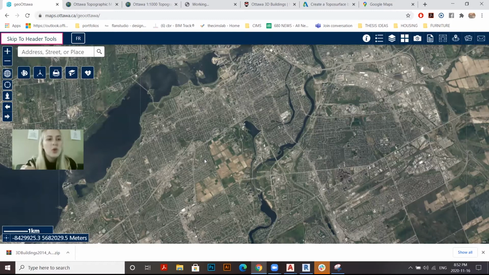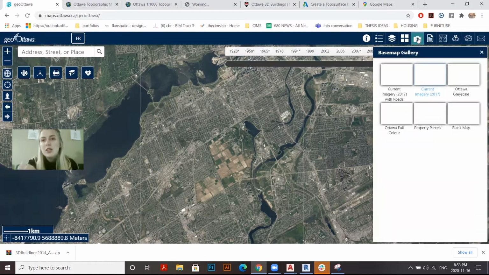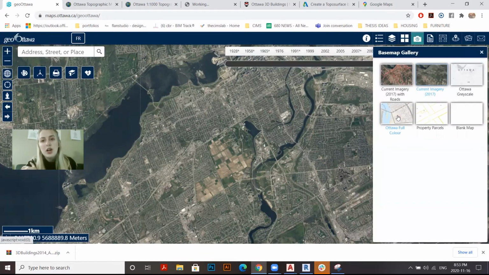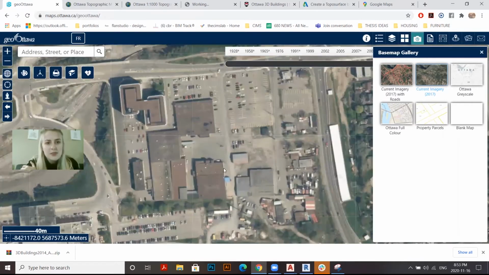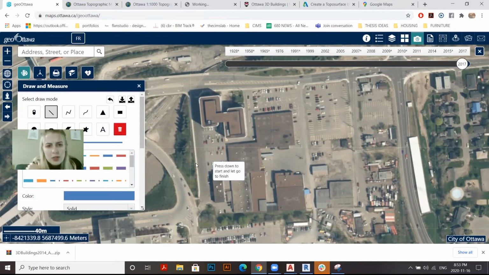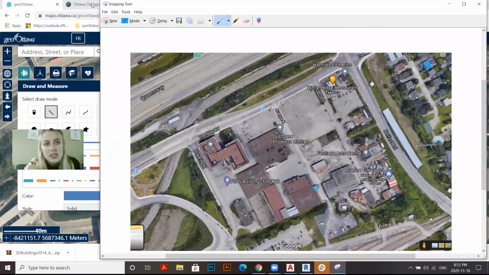So we have GeoOttawa, which is really helpful. It's sort of like Google Earth, where I can have the colors showing or the grayscale or the current image, which honestly, the satellite views are more accurate than these maps often. So if I zoom in, it's a very clear image, and I'm just going to measure from one spot all the way to the other edge of this site, just to make sure that it's accurate. And now I'm going to take a screenshot,